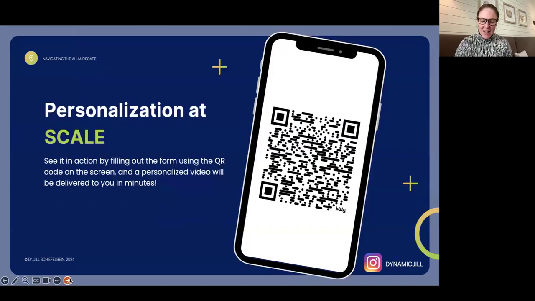So this again is a slide that I showed, and if you haven't tried it out and you want to try it out, please go ahead and scan this. You don't have to double opt in at the end if you don't want to. You don't need to worry about that, but scan this and you will get that video that you saw earlier, except it'll be personalized to you. And the script will change based on if you're in a leadership or supporting role. The script will change based on what level of experience you have with generative AI.